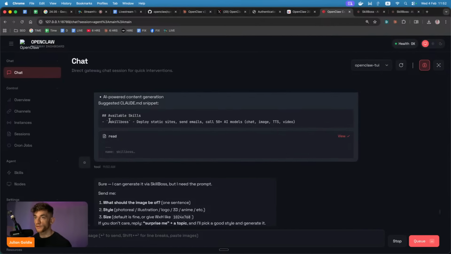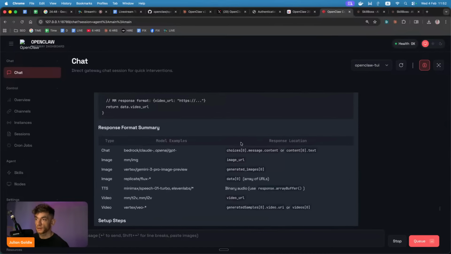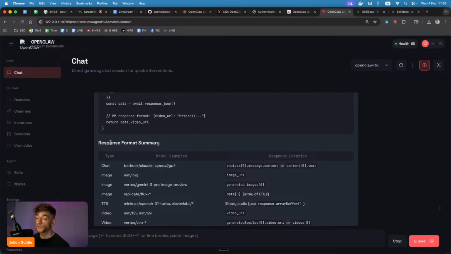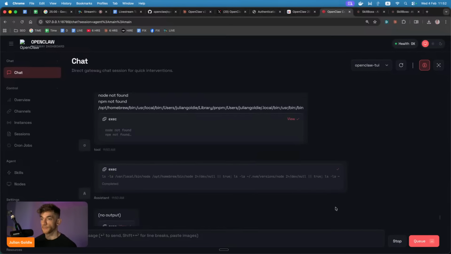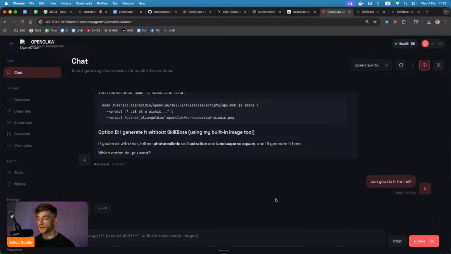Now you can see we've installed SkillBoss, which can deploy static sites, send emails, and can do chat, image, text to speech, and video and podcasts, right? So that's how you can install SkillBoss. And I've also set this up inside other tools like Claude Code. It's a really powerful way to connect all these APIs, but you just have one single one, which is SkillBoss itself and the website and the login, which I think is more secure than giving your API keys to